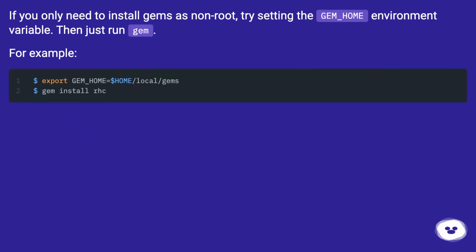If you only need to install gems as non-root, try setting the GEM_HOME environment variable. Then just run gem. For example,